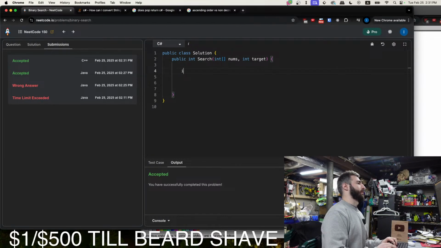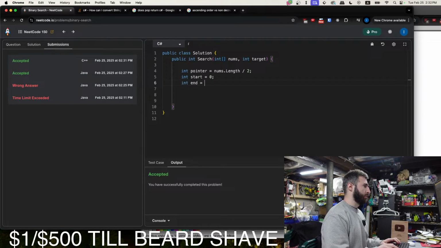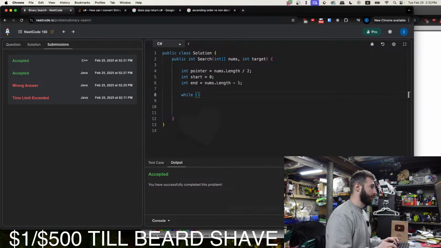Okay, so again, we need our pointer. And that's equal to nums.length over 2. We want our start position, which is 0. We want our end position, which is nums.length minus 1. All right. And while our start,